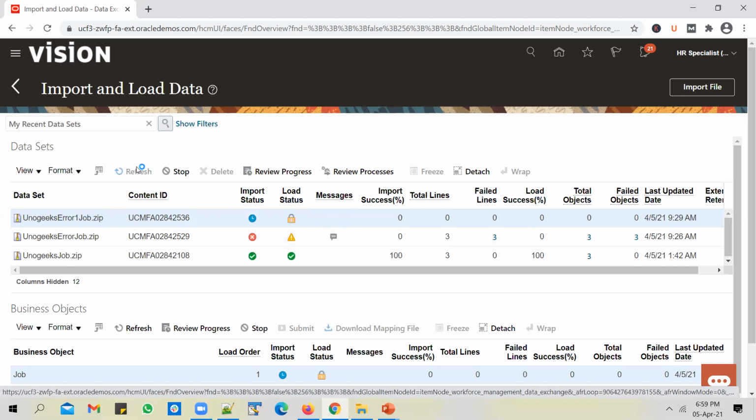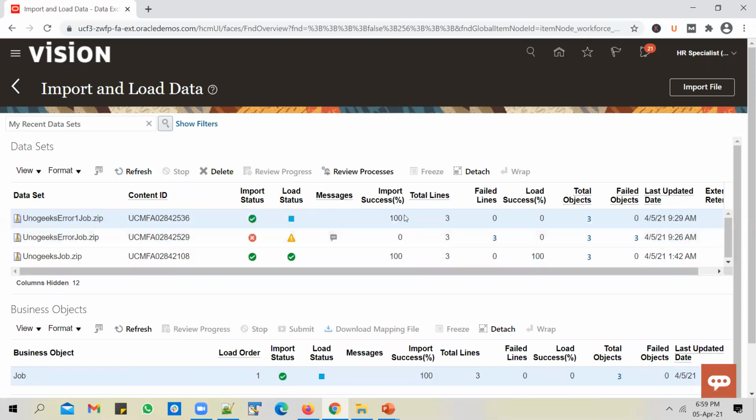See that import is running at the moment. Okay, what do you see?